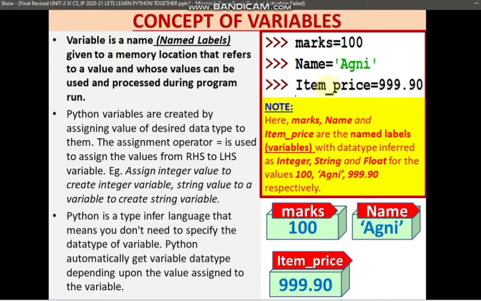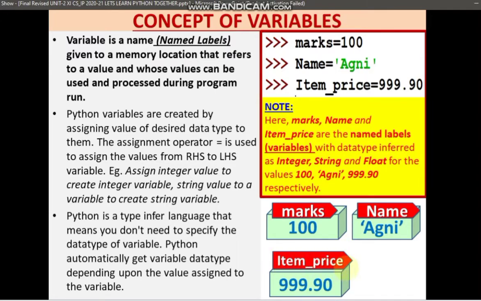We cannot give a space or any other character. So item underscore price equal to 999.90. That means the memory location, which I am calling a block, is holding 999.90, and the tag, the label which we have given to that block, is item underscore price.